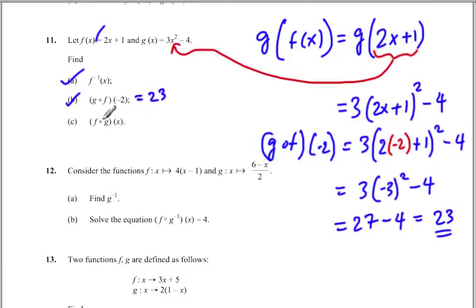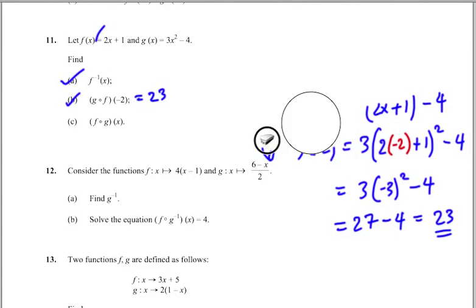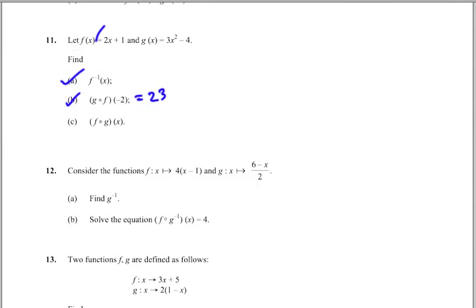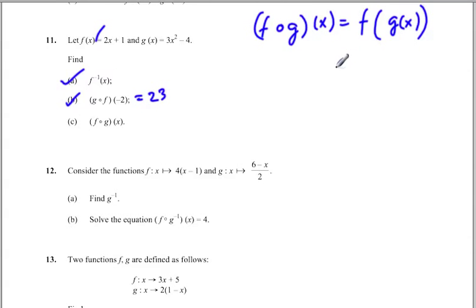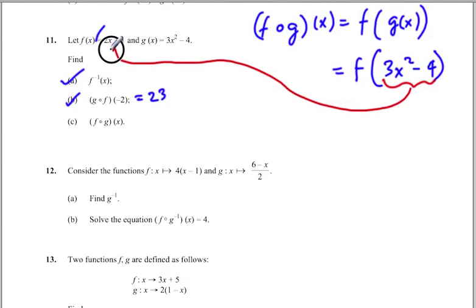Okay. Finally, find f of g of x. That's pretty straightforward. I'm just going to erase this part because I just need some room. You can always scroll back and see how I did that solution. So let's do this one. f of g of x is 3x squared minus 4. And as always, just take the argument here and plug it right into the x over